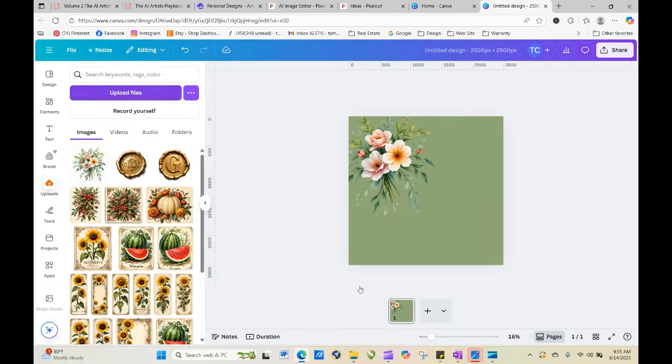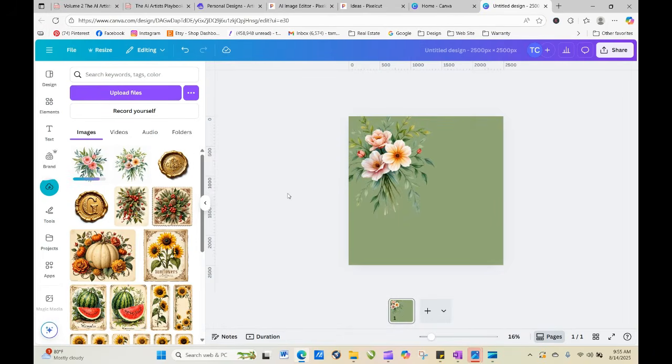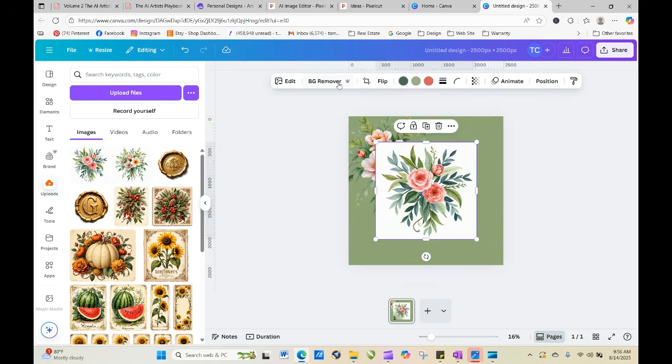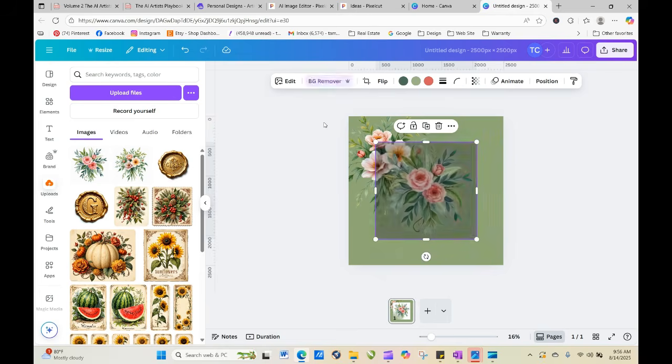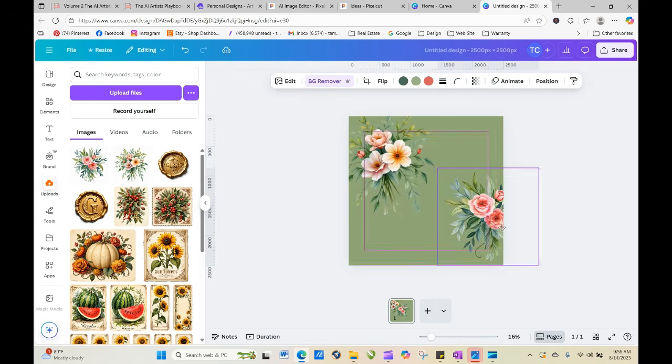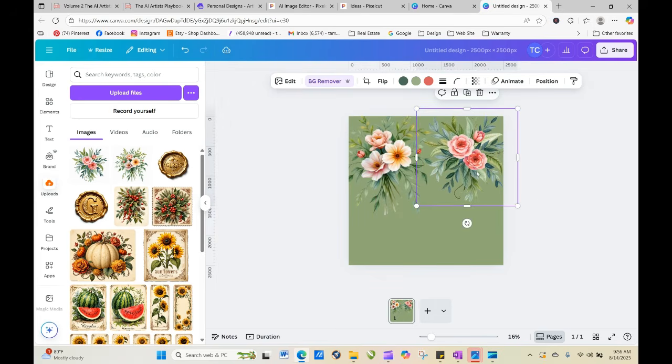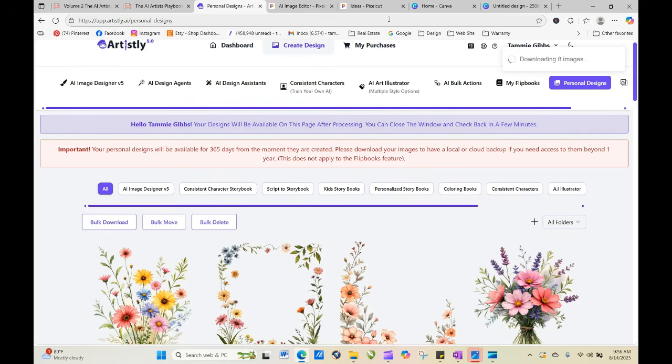So let's do this. Okay. Yeah, so see that one, Canva was able to remove that background well. It's just the ones with the wash. That's why it's really important to try to